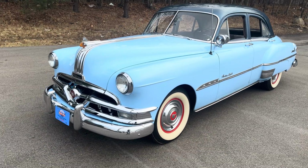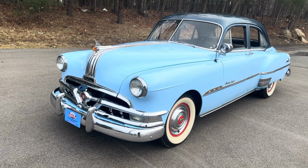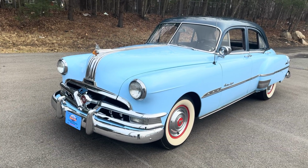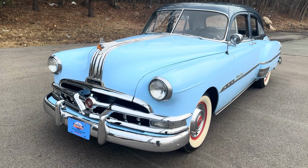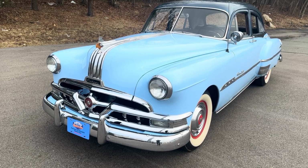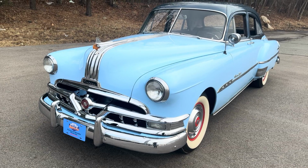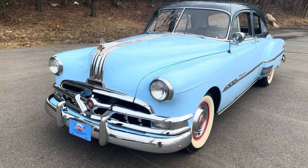We have a new fuel pump. We have a new brake master cylinder. We have a brand new fuel system, which included a tank and all the lines. The rear shocks have been replaced. We have a set of brand new front shocks for the vehicle in the box that have not yet been installed. Those will go with the car. Again, those tires with under 100 miles on them, and this car is equipped with the hydromatic automatic transmission, and